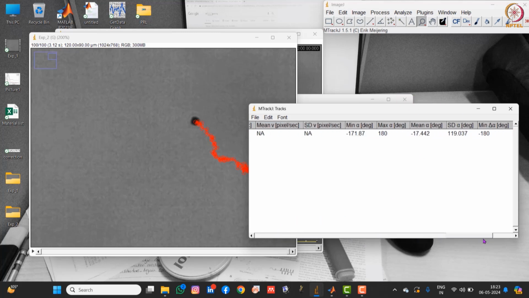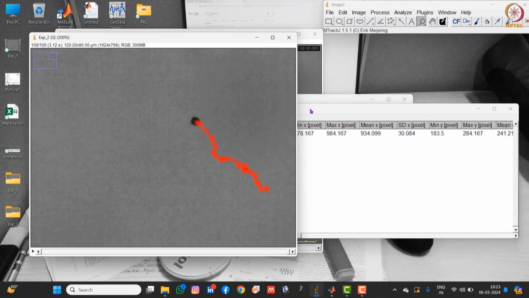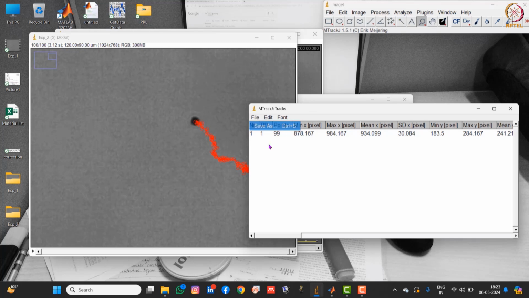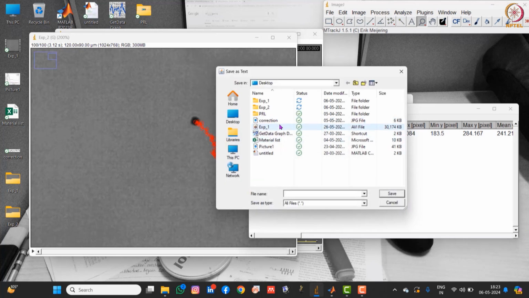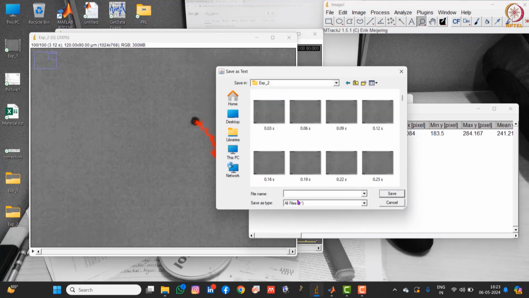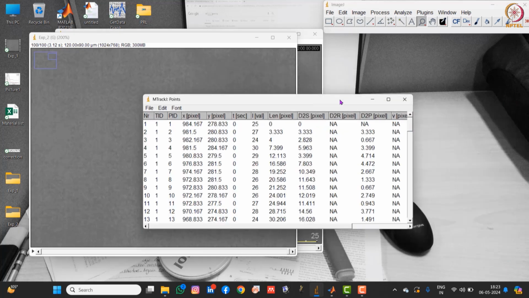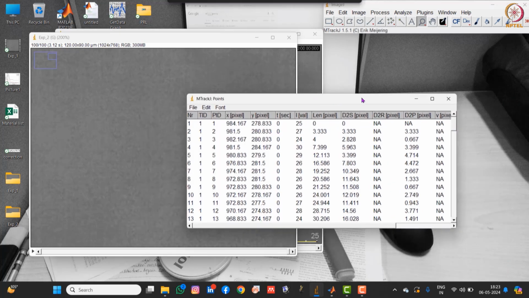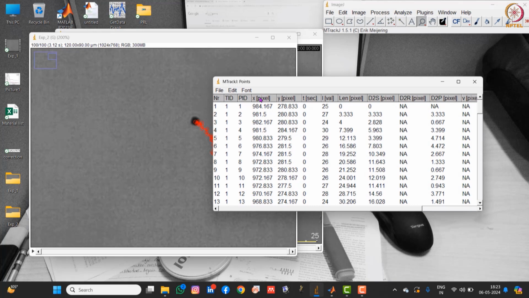All the data you want to save, you can save using the save to file option, wherever you want to save. Let me save it under the name data. Next data is this. For tracking analysis, we need the X and Y data and the time data.